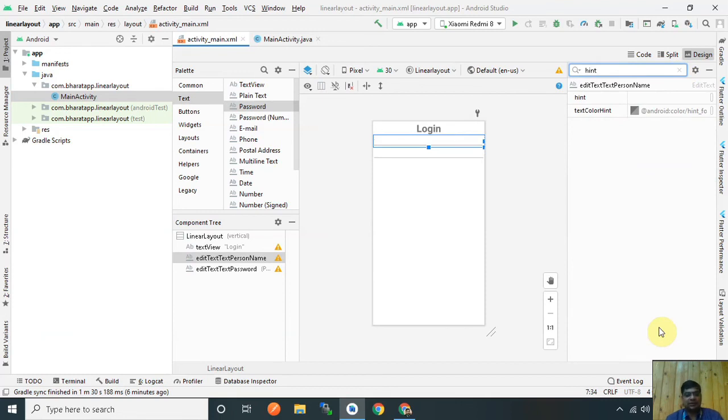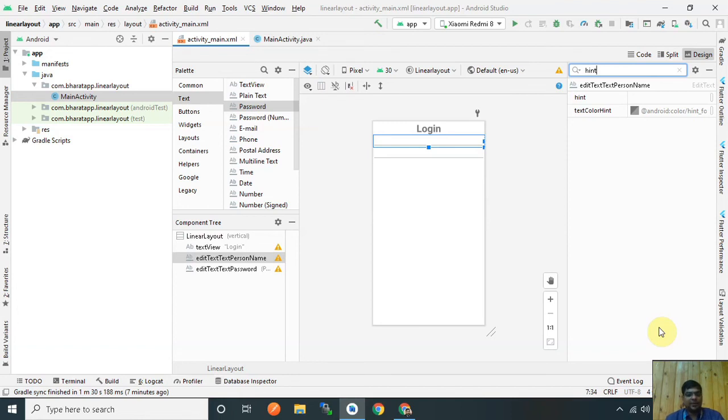Text means when you click on the edit text and type using the keyboard. If you add text into the edit text, that text is visible, and you type your text after that text.